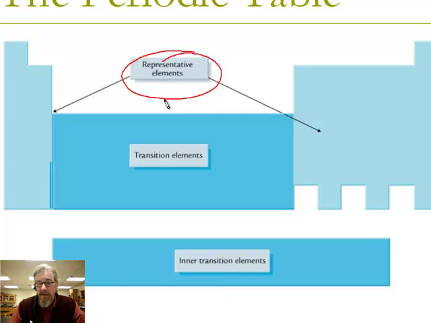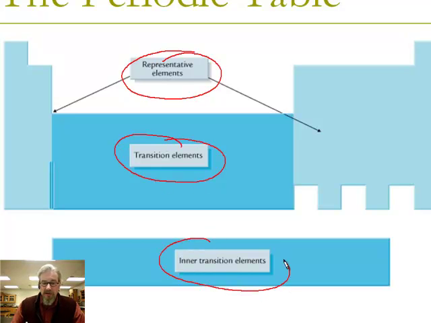They're fairly easy to make predictions about what they're going to do, how they're going to behave. In the middle we have the transition metals, or the transition elements, and that includes something called the inner transition elements, which are the ones that are down below on most periodic tables. The representative elements, we can make some easy rules for those, and they also have some very common characteristic features in groups. We're going to study those a lot at first, and then we'll start to drift into the transition